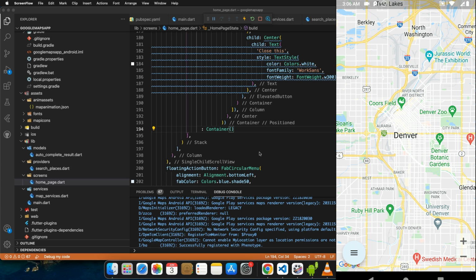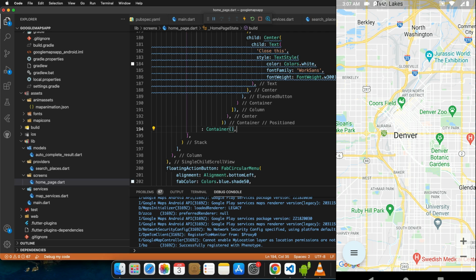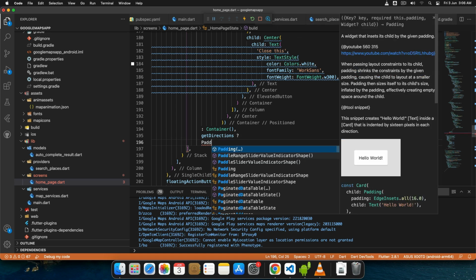To draw polylines on the map and denote the route between two different cities or two different places, what you need is two text fields to denote the origin and destination points, right? So first let's just create the UI for that. Okay, below this I'll just add something called get directions. Okay, if it's true, then I'll just do